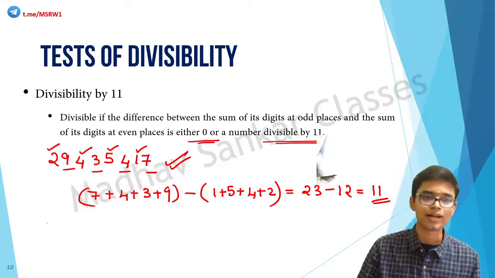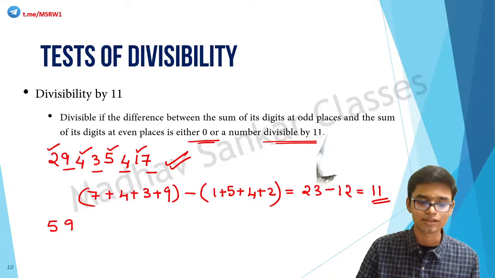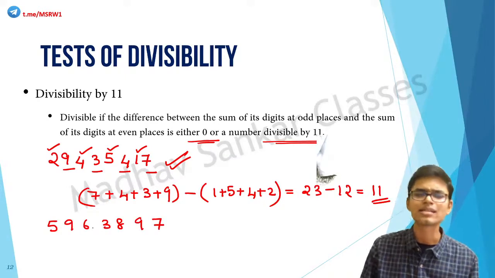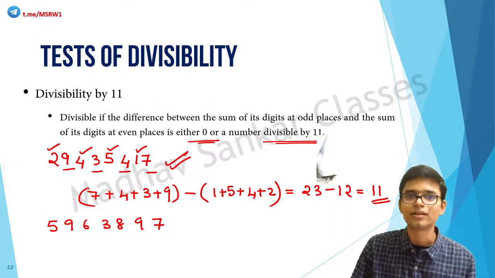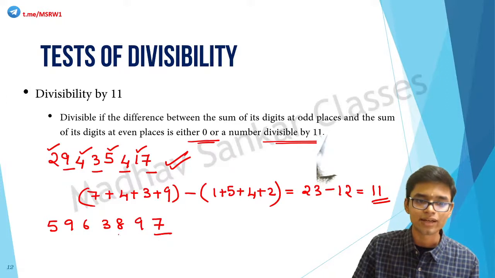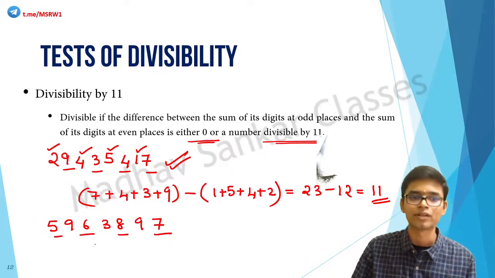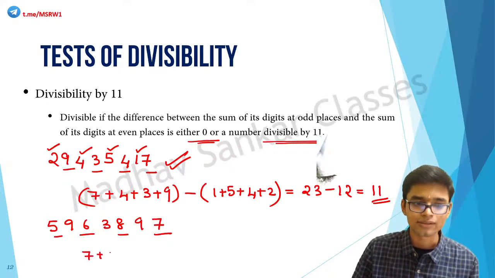All right. Now another example, 5, 9, 6, 3, 8, 9, 7. Is this number divisible by 11? Let's check. What are the digits in the odd places? 7, 8, 6, and 5. So 7 plus 8 plus 6 plus 5